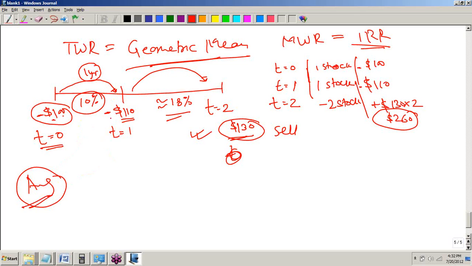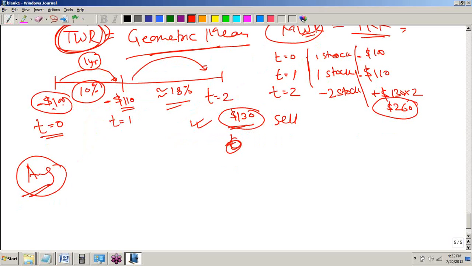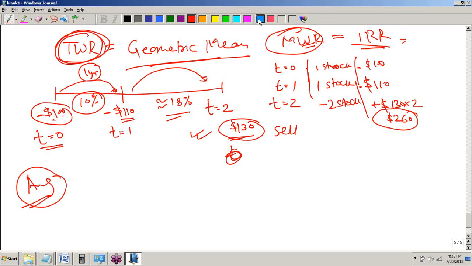How will you compute it? It turns out that there are 2 measures that are being used. One is the time weighted return, another is the money weighted return. For money weighted return, we have to go back to our calculator. So let's first find out the money weighted return. In the case of money weighted return, you have to identify the cash flows. First, CF0 is the initial investment.